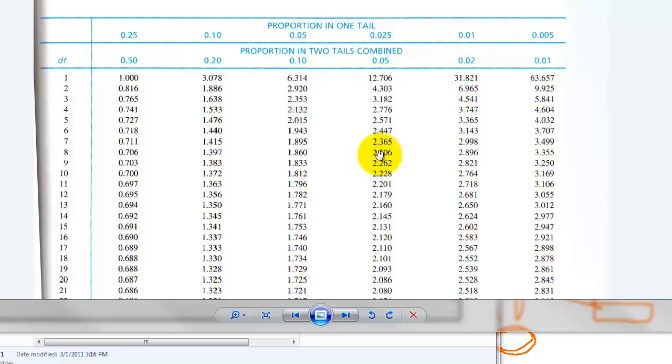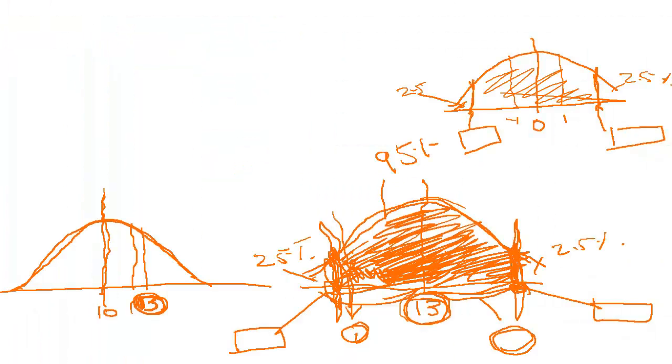So 2.306, that's the critical value. This is going to be a plus 2.306, and this is going to be a minus 2.306. If you think about the critical value, if you want to include 90% of the population, in other words,